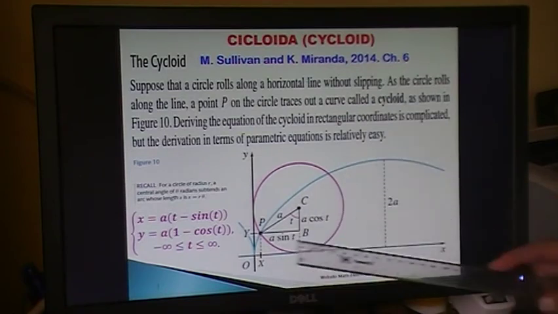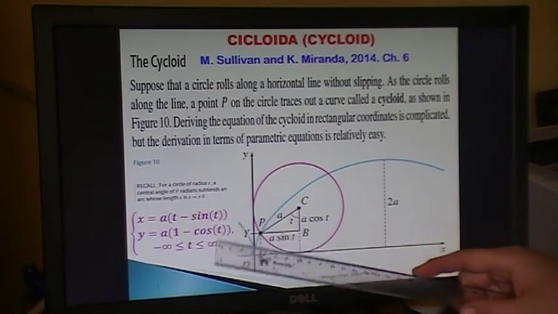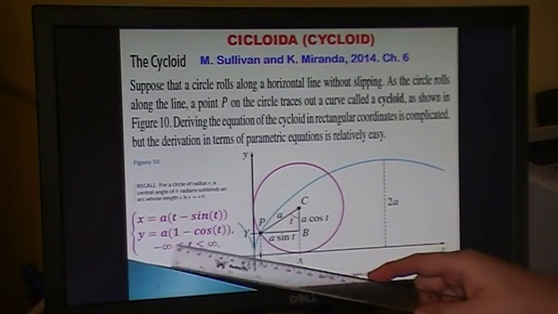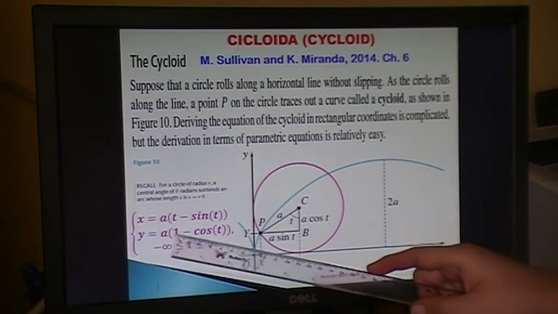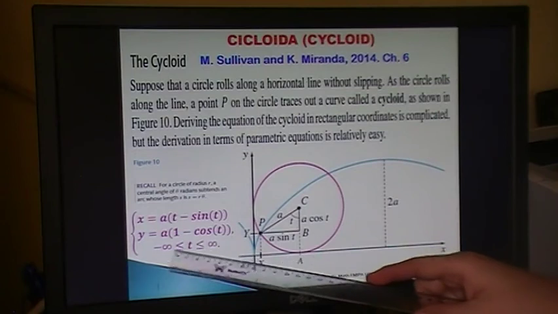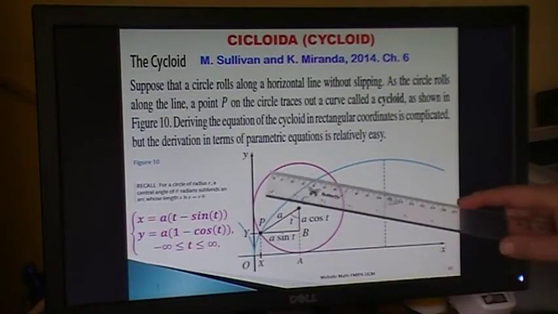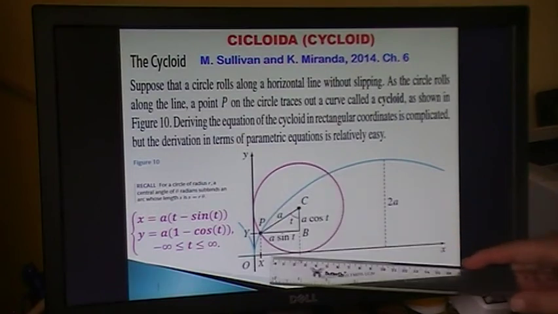The parametric equation is x equals a times t minus sin t, y equals a times 1 minus cos t. If we take t between minus infinity and infinity, that means this circle is rolling